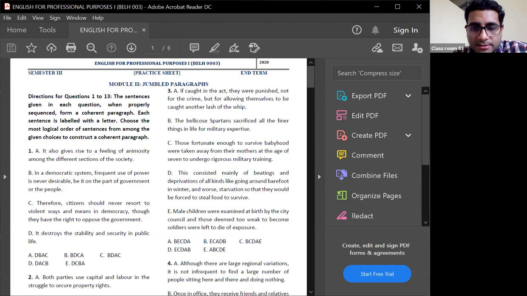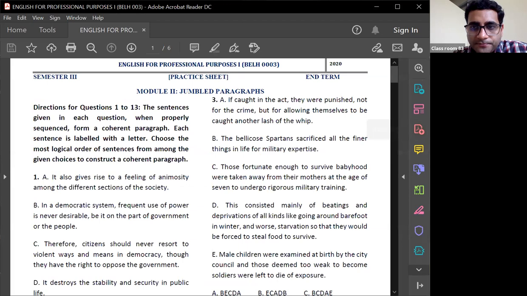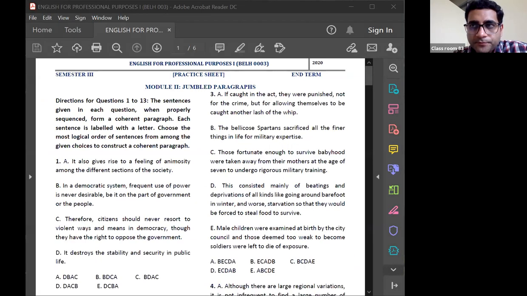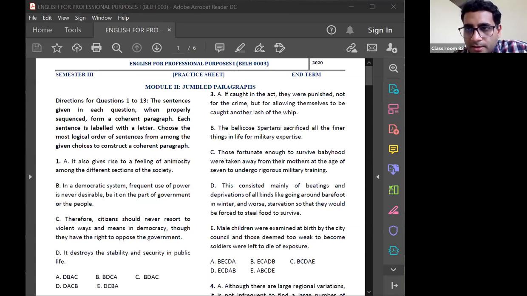Let's take the sheet of jumbled paragraph practice sheet. And this is what I have shared before. And try to answer this. Okay, let's take one by one. Shubhanshi has joined. Is she joining today or not? I don't know. Ganesh, did you see the questions? Shall we try? Can we start with you, Ganesh Pandey?